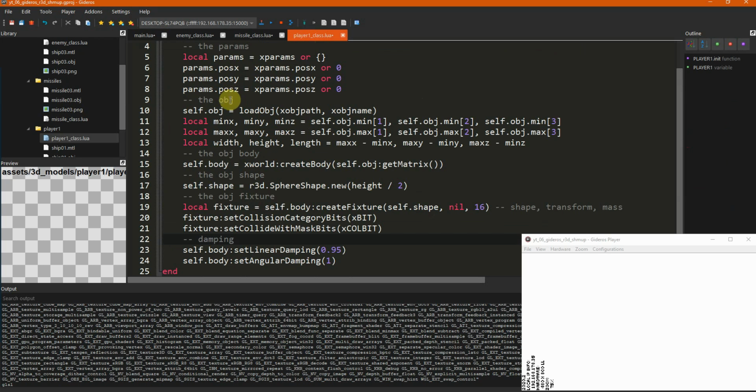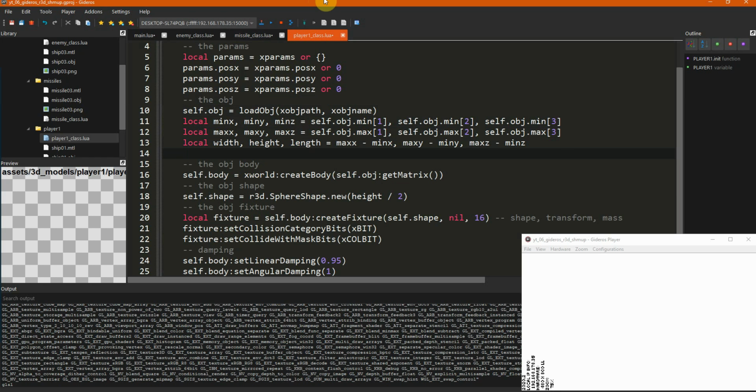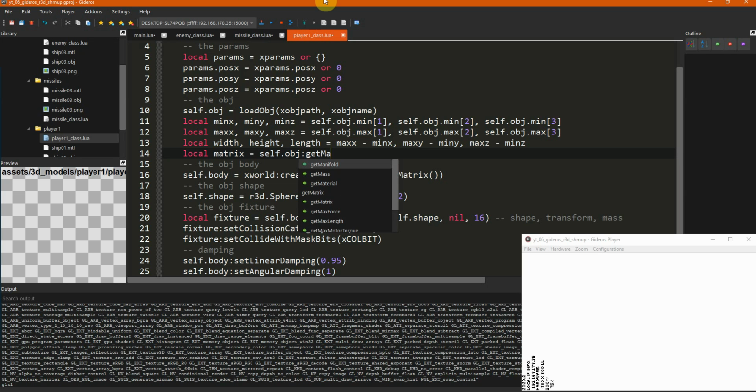Let's go back to the player 1, pos z, and here, okay, I need to set the body position somewhere here. So I create a matrix, local matrix equals self.obj get matrix.